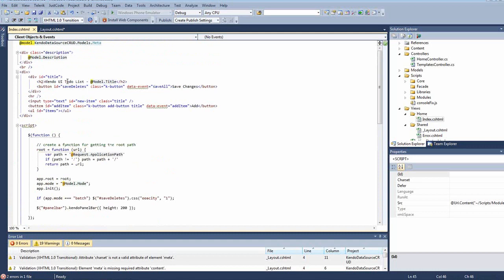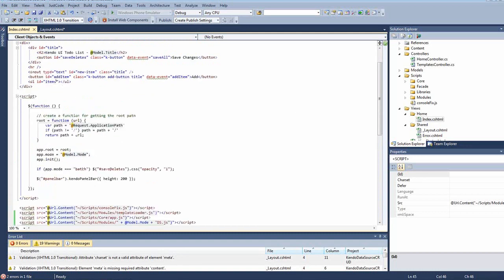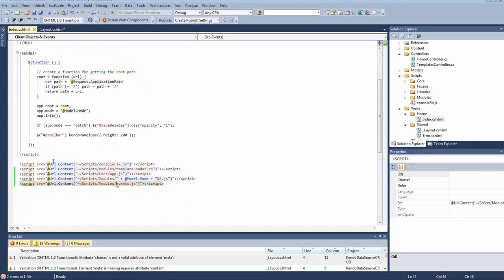If we look at the top here, this is just the title. And this is that save button that we had, which is only visible in batch mode. And then we've got this text box and the add button to add new items. Down here at the bottom, I'm including, below the document ready, all of my separate JavaScript files. And just above that, you'll see this function. This is the jQuery document ready. So this basically says, after all my DOM elements are loaded and after all my scripts are loaded, execute this